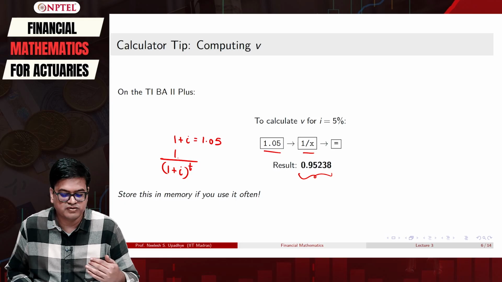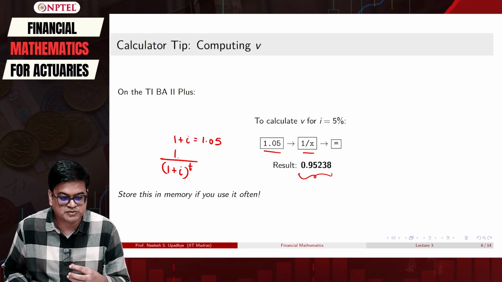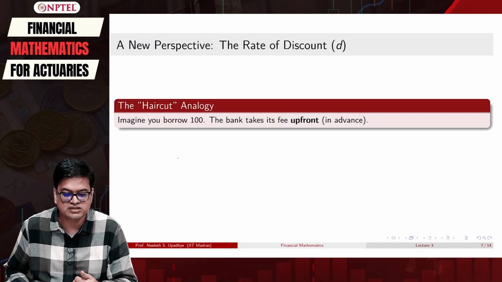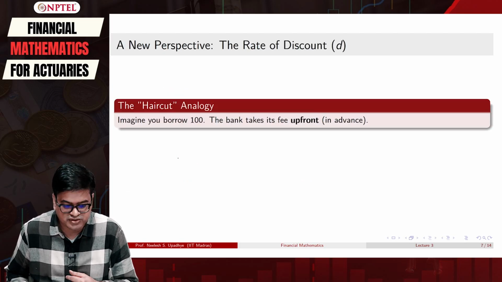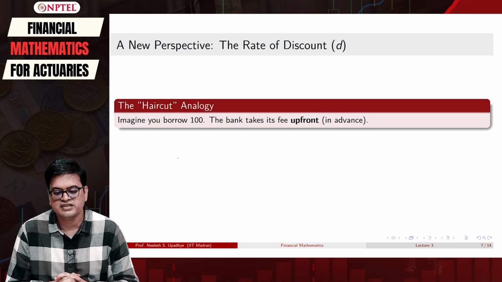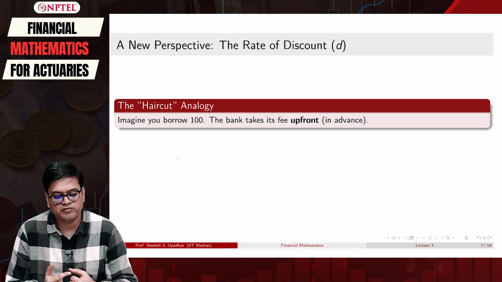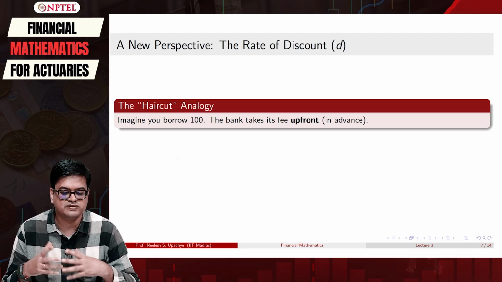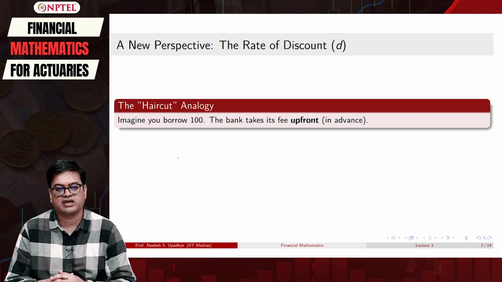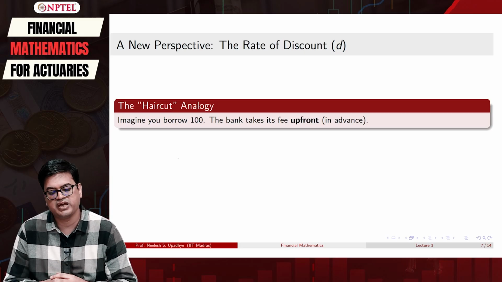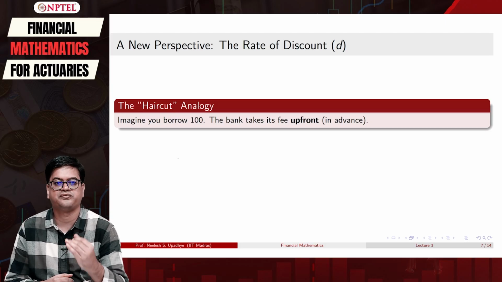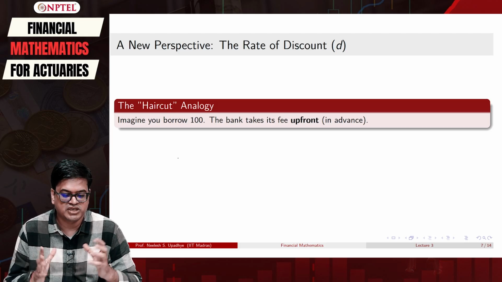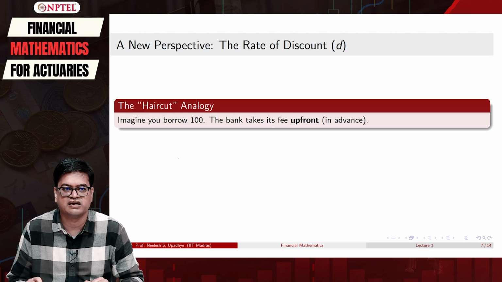Okay. So now that we have understood how to fasten, let us explore another variable that we are going to introduce, which is D, the rate of discount, right? So this becomes handy if you follow this haircut analogy. For example, if you go to a bank and you say that you want 100 rupees, okay, bank will upfront pay you this money, but it will take a fee from that particular transaction, right? So that's the basic analogy. So they are basically taking away their haircut.